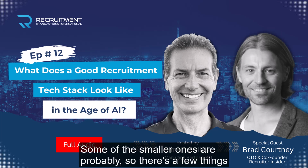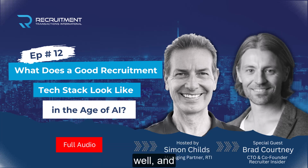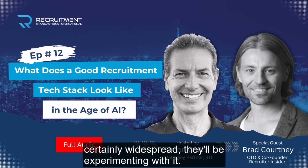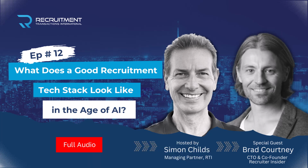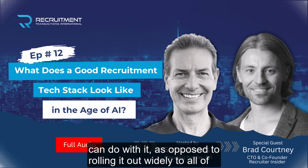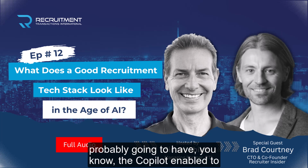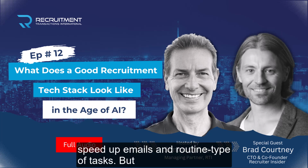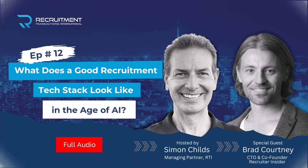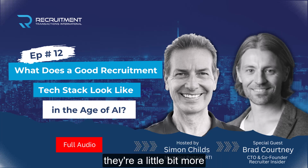There's a few things that come into play here, particularly in international markets, in Europe, I think as well. There's still a hesitancy to adopt AI in some larger companies. Certainly widespread, they'll be experimenting with it, but more behind the scenes to see what they can do with it, as opposed to rolling it out widely to all of their client base. If somebody's on Microsoft, they're probably going to have the Copilot enabled to help speed up emails and routine type of tasks. But the step beyond that is a large language model, putting that into use within the business. This happens a lot more frequently, I would say, in the smaller companies,